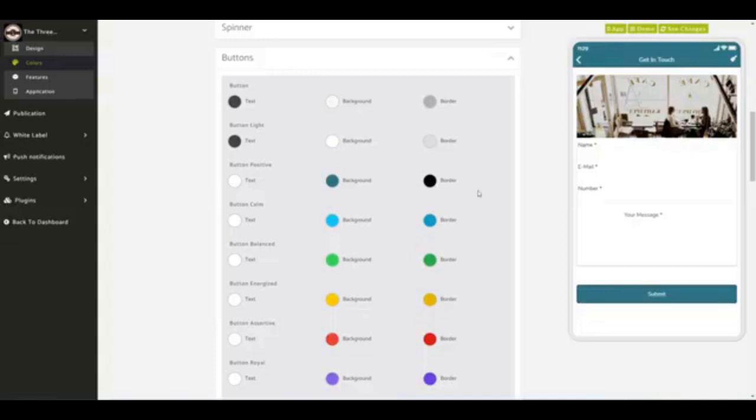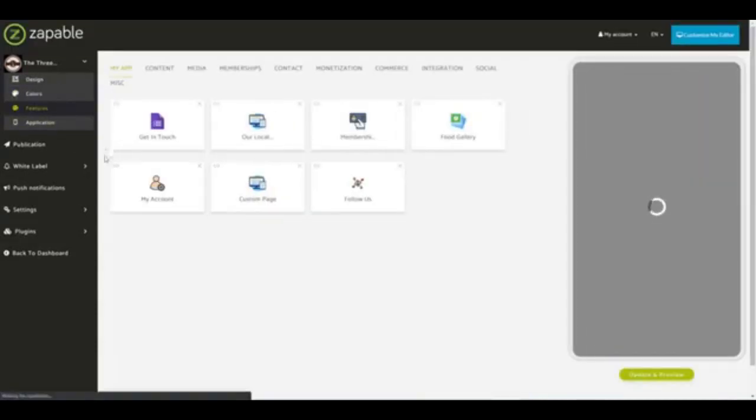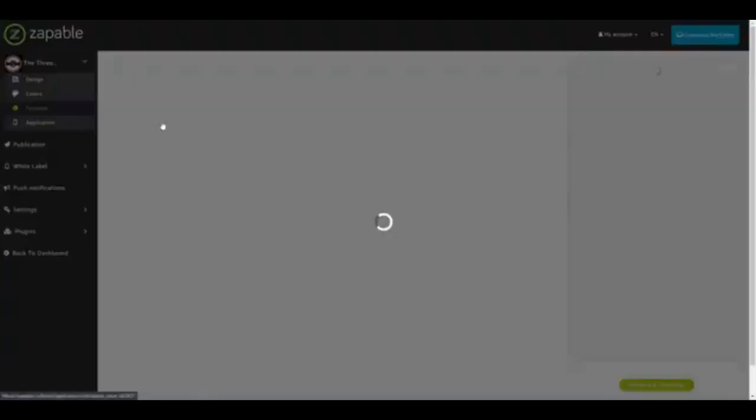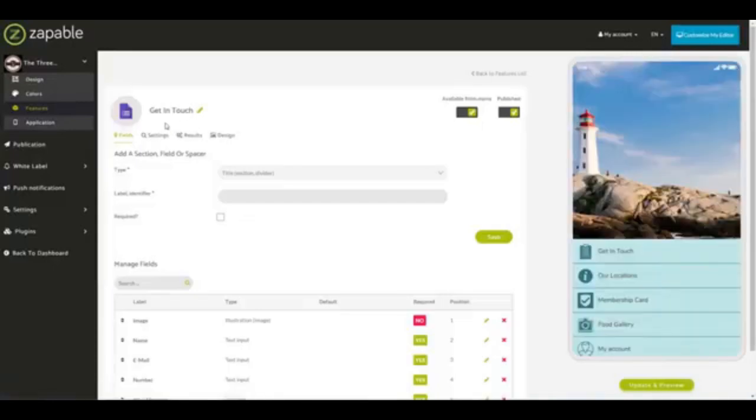So button positive is the one that links up with the form here. So let's go back to the features and start looking at how we can populate those. The first one we're going to have a look at is going to be Get in Touch. It's using the form feature, which can be found under Contact, and I've gone in, I've renamed this as Get